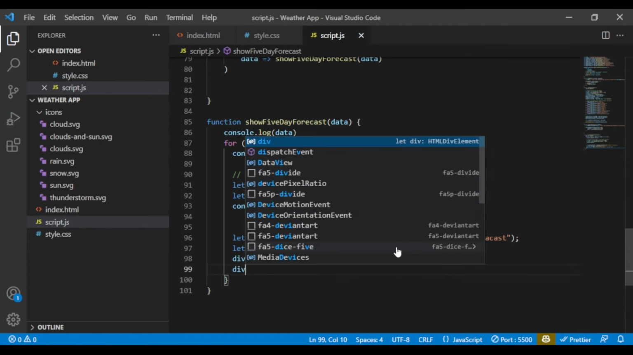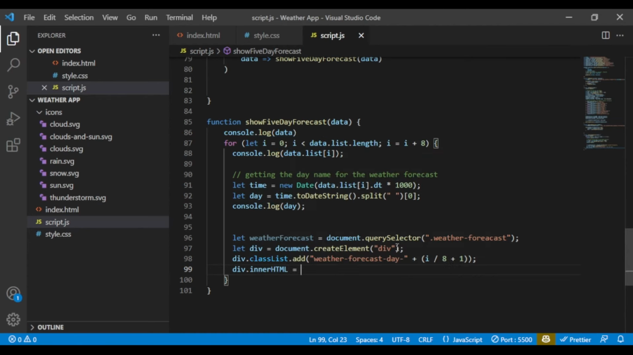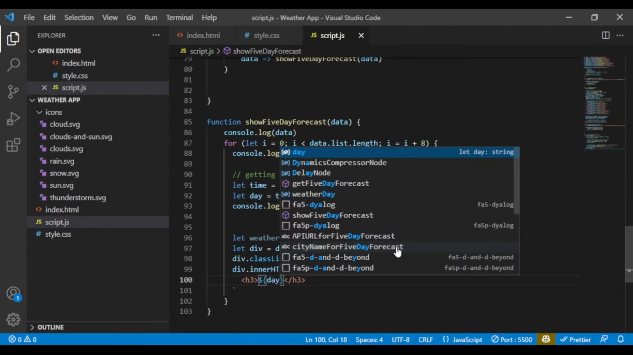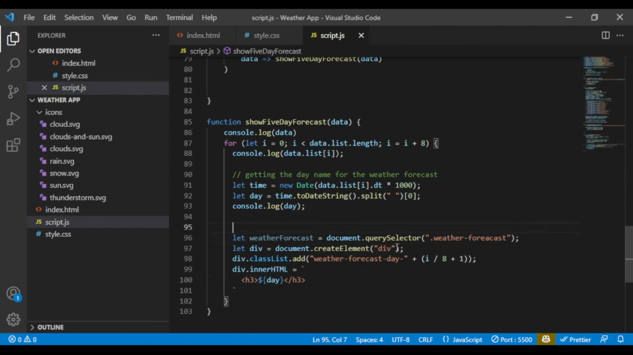We're gonna say div dot inner html, and we're gonna use template literals, so we can add our whole code inside of that. So we're gonna start from h3 and close that h3, and then say dollar whatever our day is. Okay, so we already got our day. We're gonna display that day in our h3 dynamically for every day, and then we need an image,